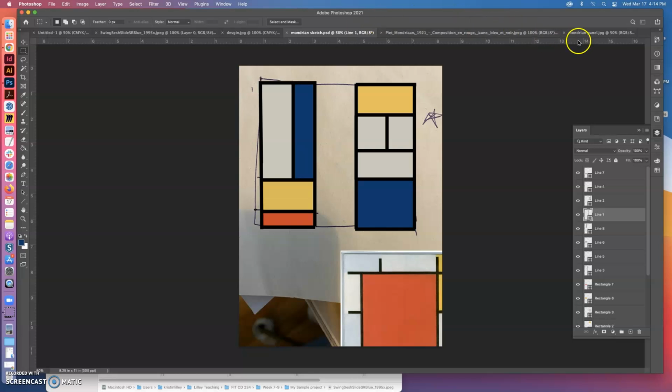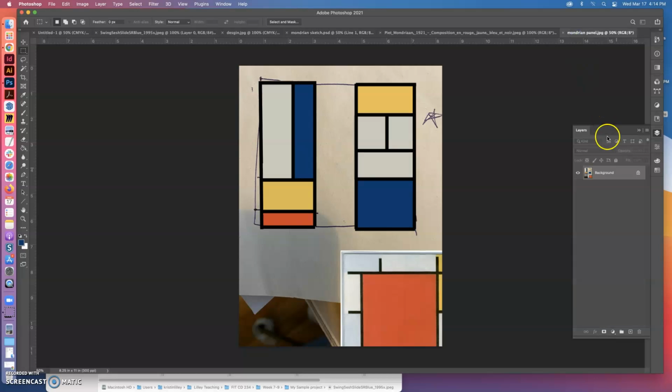But if I want to copy these images and put them into another file, I can't copy all these layers. So I want it to be a flattened file so that I can go back in here and grab what I need. So I am going to unlock that layer, and I'm going to grab this part right here,